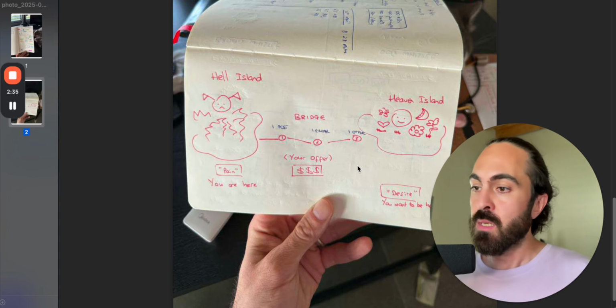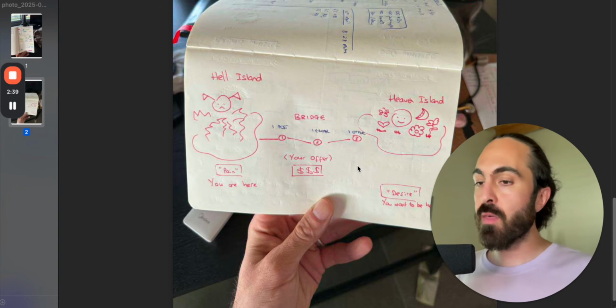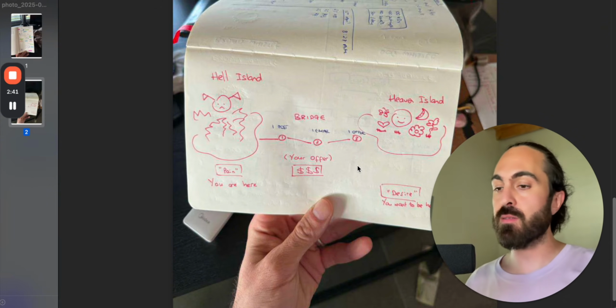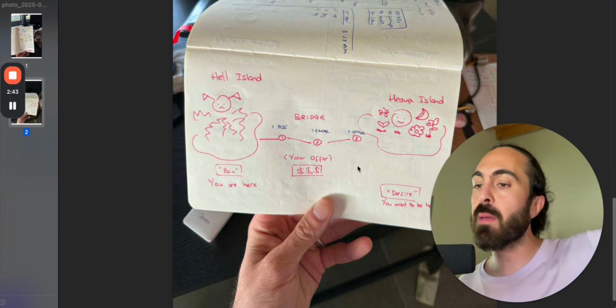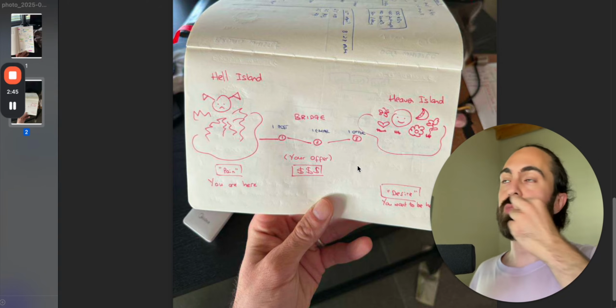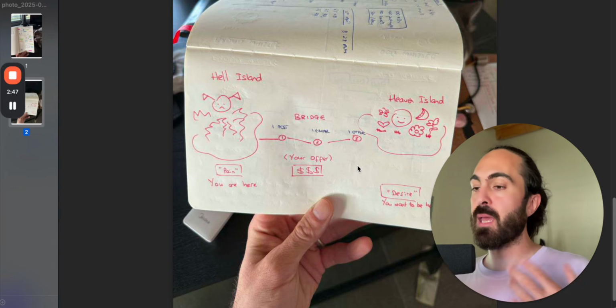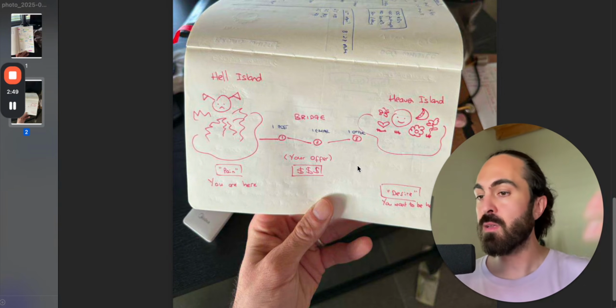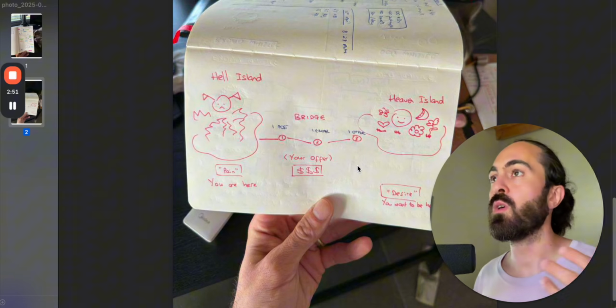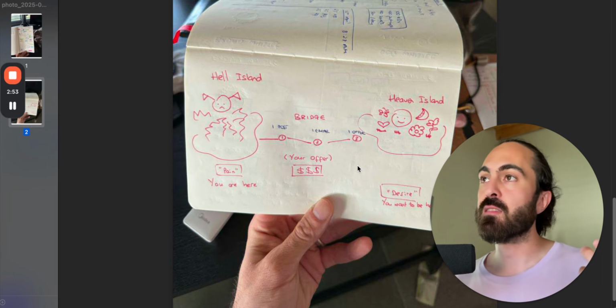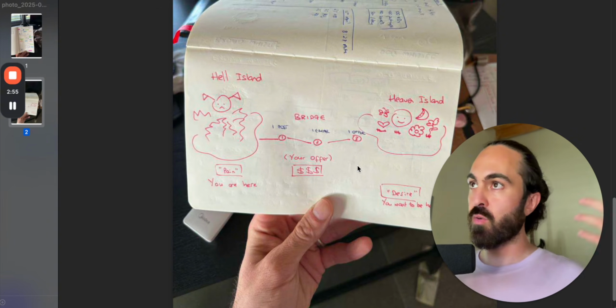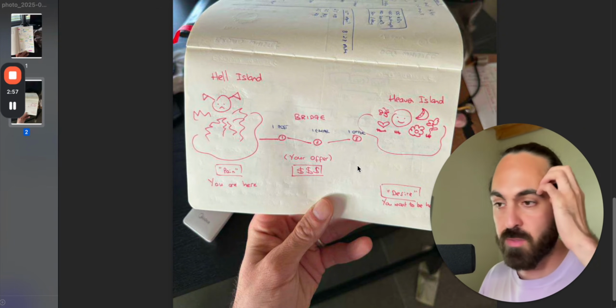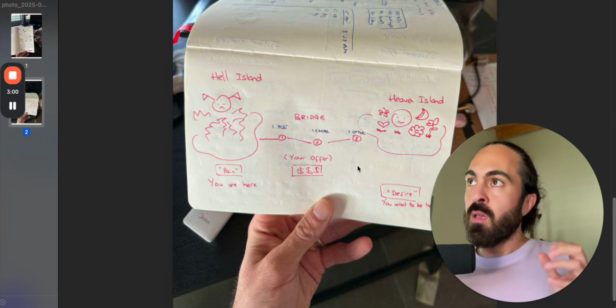Now, Hell Island is on that side, and that's where they are. On the other side, we have Heaven Island. That's the desire. That's where they want to be. So the same way we mapped out 5 to 10 pain points for Hell Island, we map out 5 to 10 desires. So in my world, again, looking at these coaches, consultants, info, service providers, whatever they are, Heaven Island